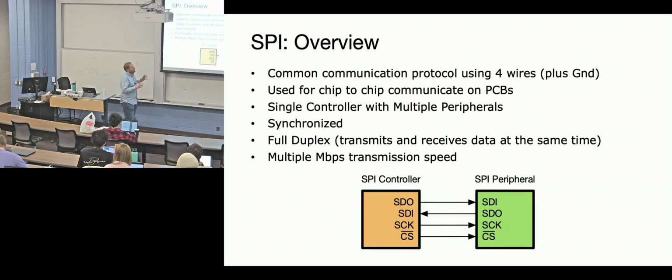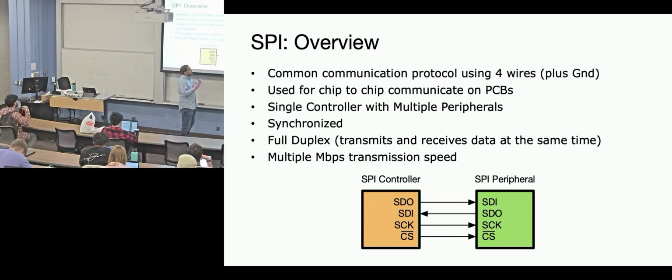SPI is a very common serial protocol standard. It allows for bidirectional communication. It's synchronized, meaning that it has a clock, and it's really designed for chip-to-chip communication. While UART was actually designed for computer to computer, and then we repurposed it, this was designed from the ground up for chip-to-chip communication. It's full duplex, meaning that you can transmit and receive at the same time. UART was as well, and while that isn't necessarily the modality that you always use it in,